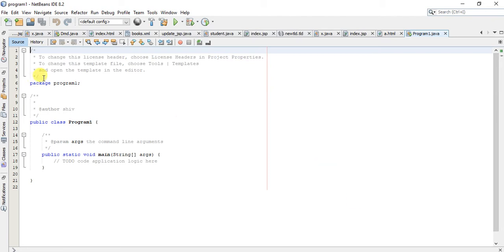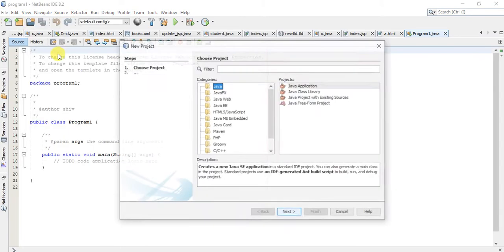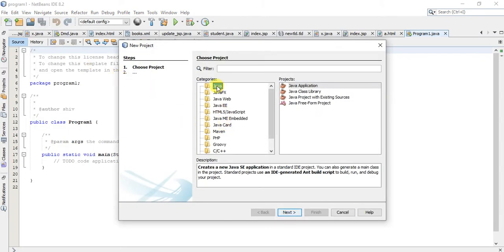In NetBeans IDE, first you need to create a new project, then go to Java. This Java application is for a whole Java application. If you want to develop web applications, then go for Java Web. Since we are going to develop a core Java application, I am selecting Java, then Java application.